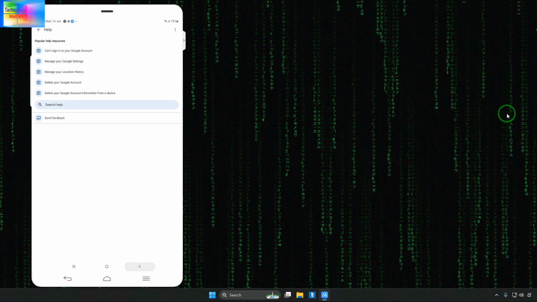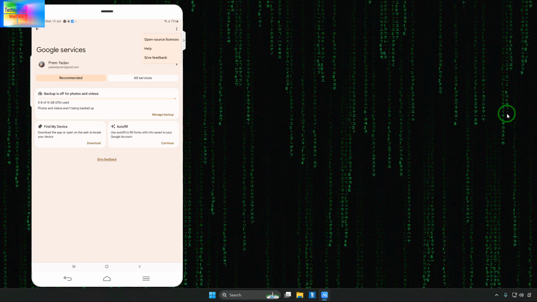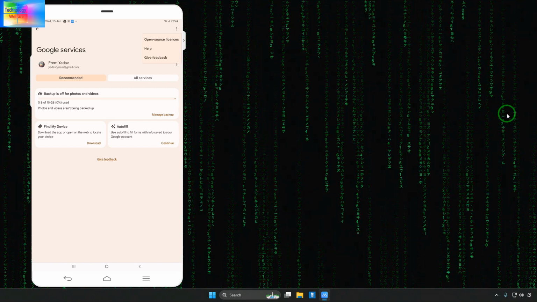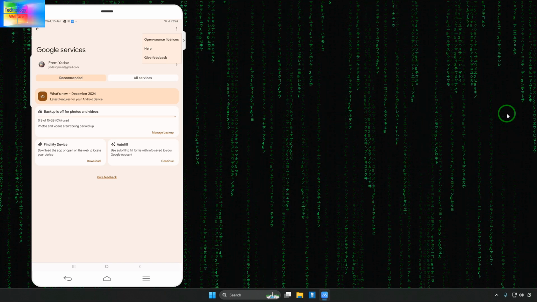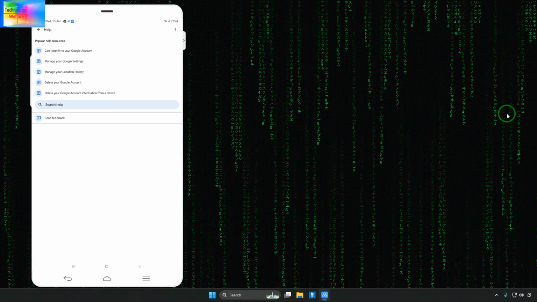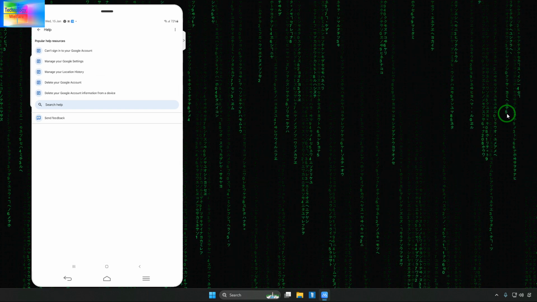And here, if I go back one more time, see guys, here we have give feedback options, by which we can also access, but right now we will come to the help search bar, and of course click on send feedback,